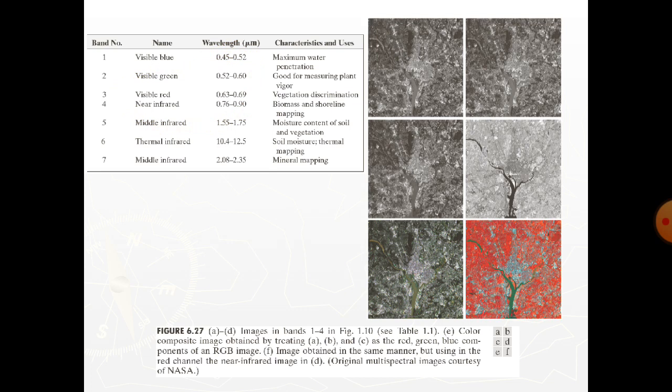Figure F shows quite clearly the difference between biomass in red color and human-made features in the scene, composed primarily of concrete and asphalt, which appear bluish in the image.